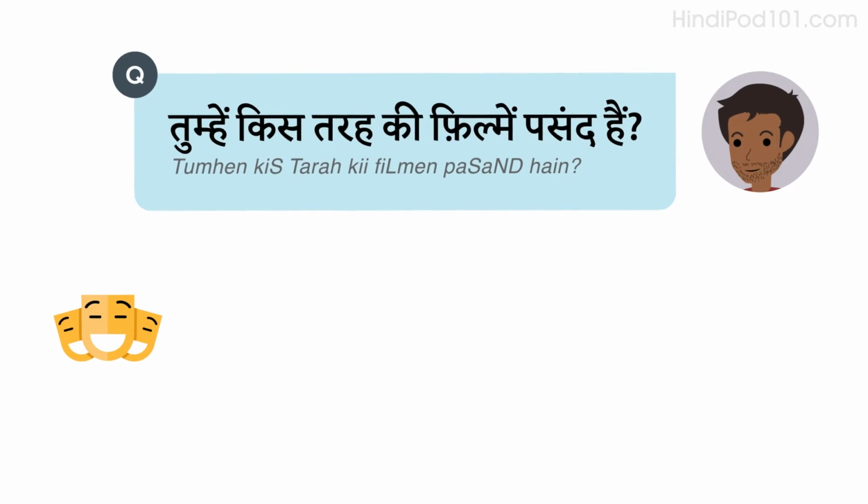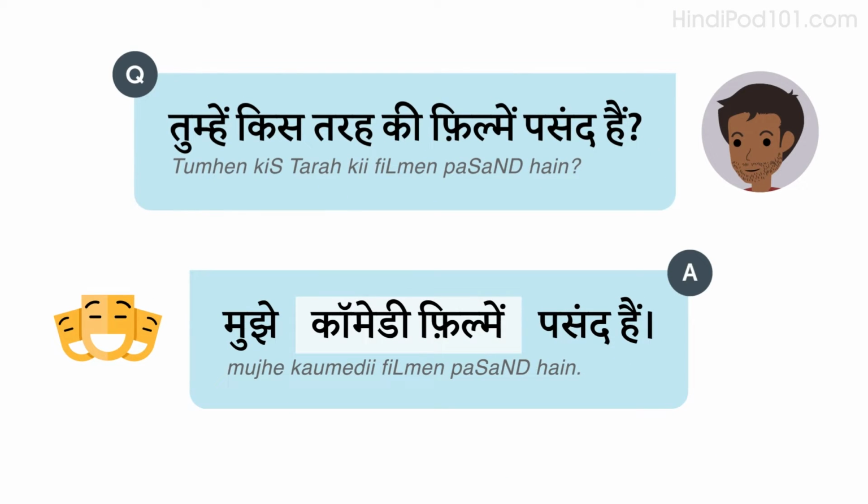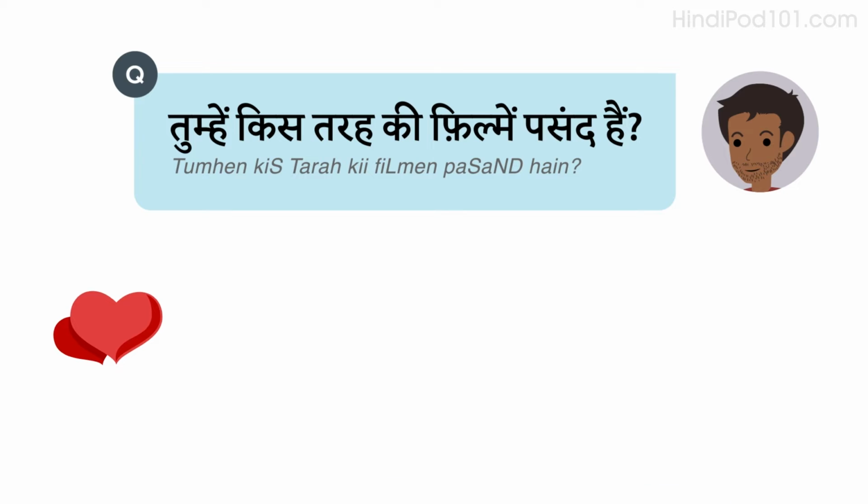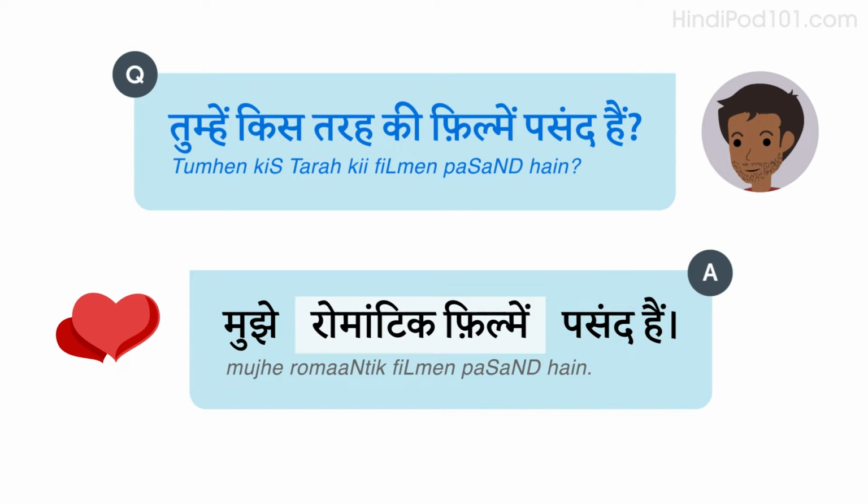Let's look at some examples. Listen and repeat or speak along with the native speakers. तुम्हें किस तरह की फिल्में पसंद है? मुझे कॉमेडी फिल्में पसंद है। तुम्हें किस तरह की फिल्में पसंद है? मुझे फंतासी फिल्में पसंद है। तुम्हें किस तरह की फिल्में पसंद है? मुझे रोमांटिक फिल्में पसंद है।